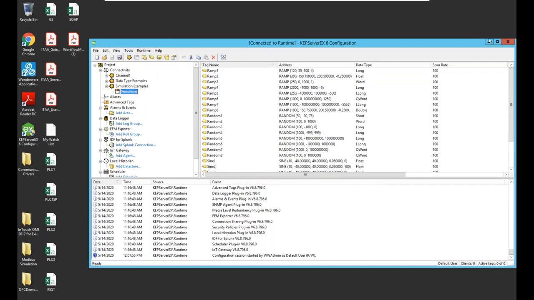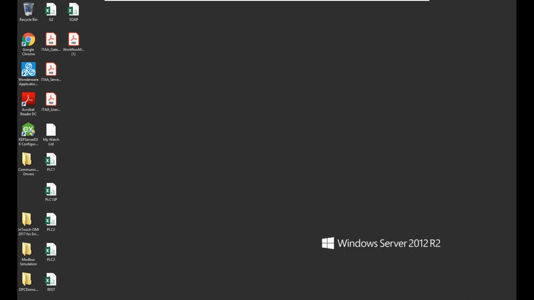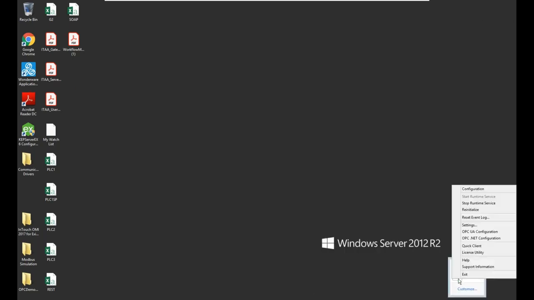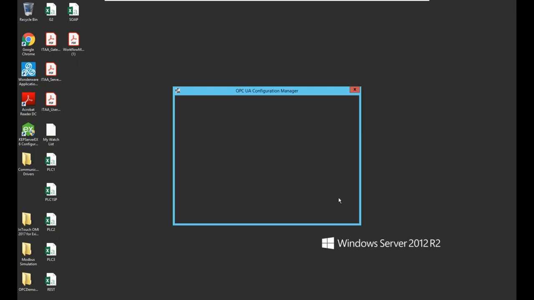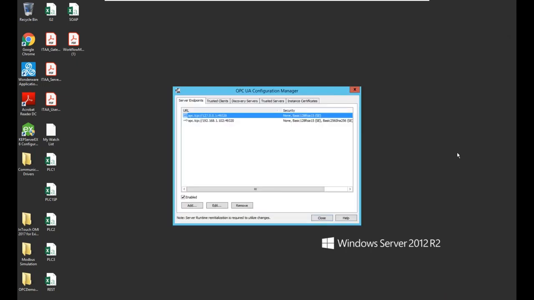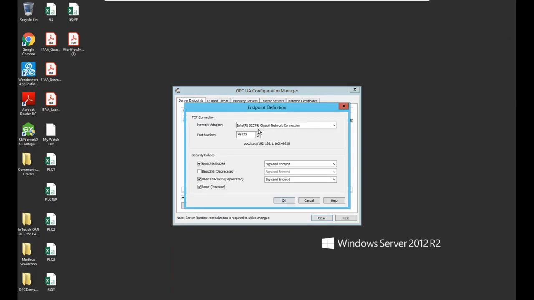Okay, I have to configure my OPC, or give the configuration of my OPC. So I'll right click on OPC configuration. This is all related to the OPC server. And I have two links for my OPC server. I will use the second one. I can add or create or whatever I can do here. It's again all dependent on the OPC server itself. In my case, I will use this link,